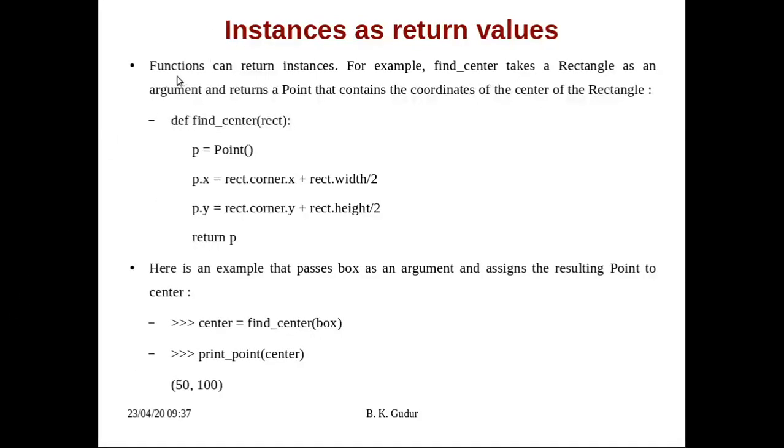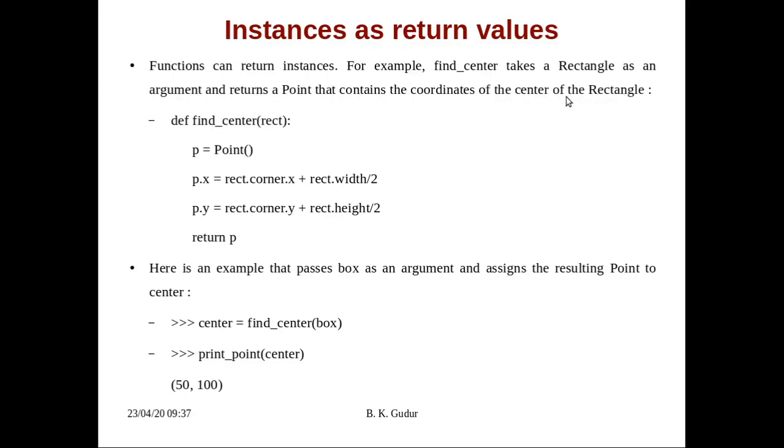Right. So now continuing, look at this. Functions can return instances, means the way a function can accept instances, nothing but objects, even a function can return instances, means they can return objects. For example, consider a function called find_center, which takes a rectangle as an argument and returns a point that contains the coordinates of the center of that rectangle.